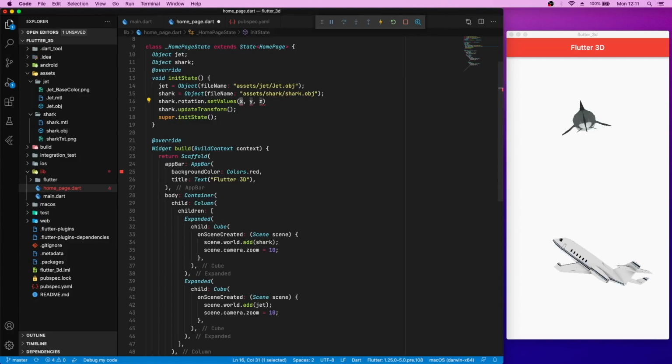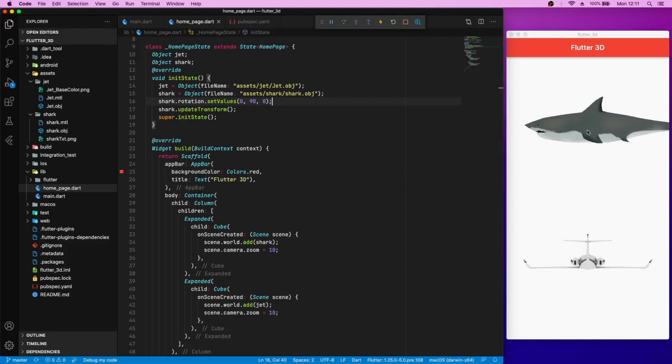So let's keep the x value at 0 and let's change the y value to 90 and the z to be 0 too, and let's reload it and see. You can see our shark has been rotated by 90 degrees.